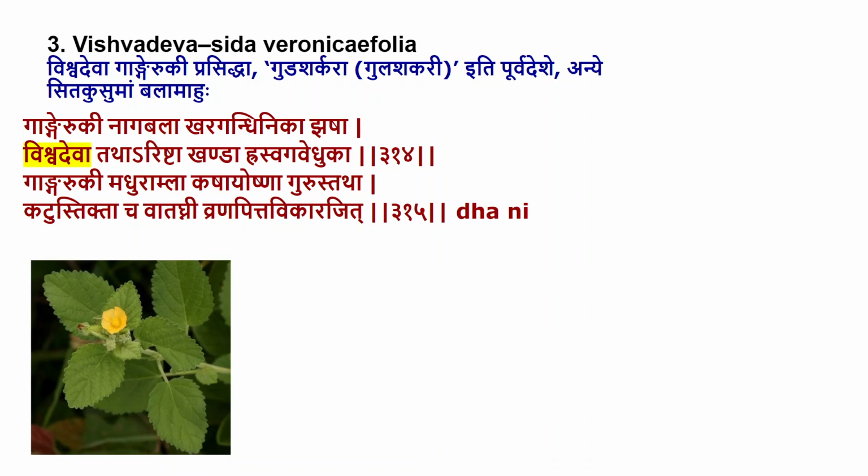during the Dhalana period, there was a bit of confusion, controversy about the drug. In eastern portions it was named something different, and the western portions is named something different, and again some people would have a difference of opinion. But we can conclude based upon certain of the resources of the Nigantu, and it could be like Gangeruki, Nagabala, Karadandinika, Jhasha, Vishwadeva, Tatha Arista, Khanda, Hrisogyaveduka, the Paryaya Padas, synonyms of the Vishwadeva are these as such.